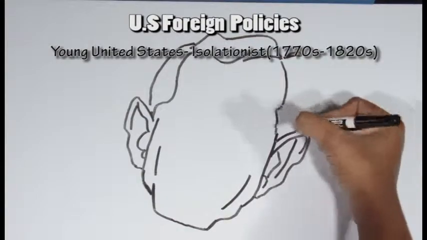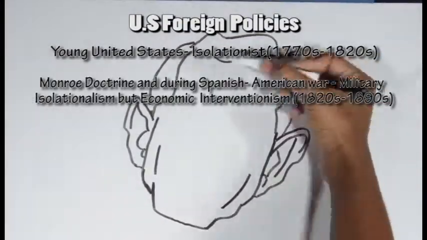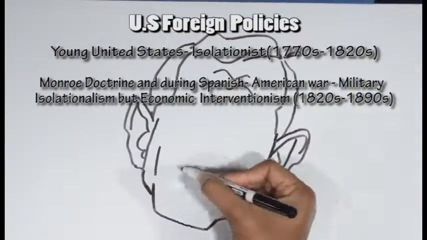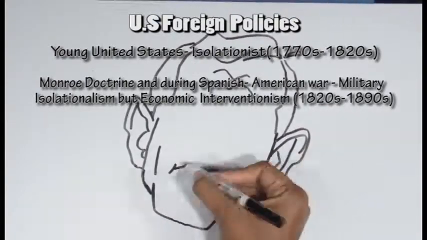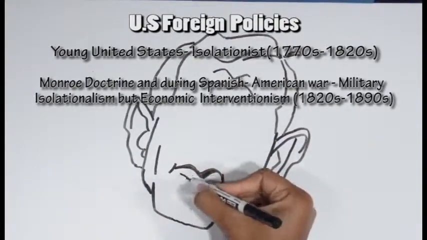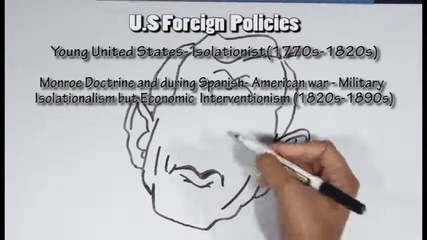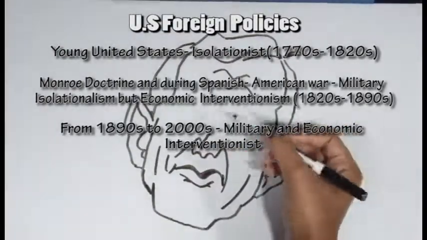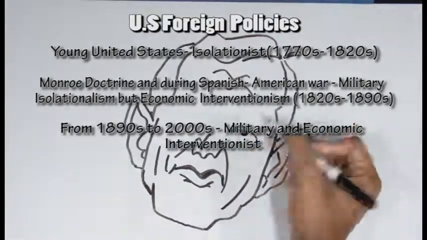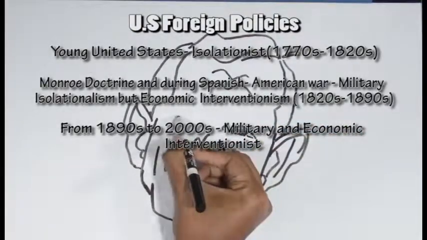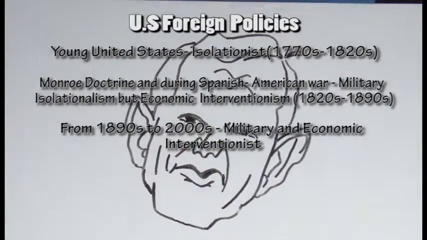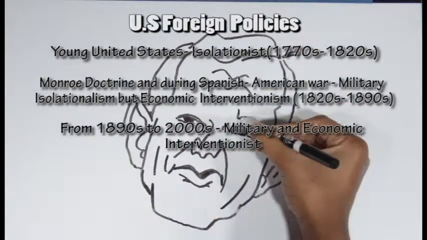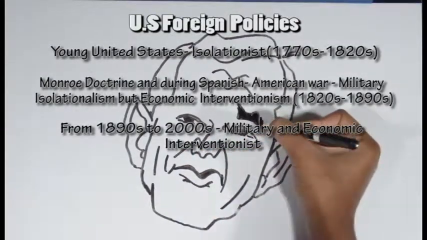And then after that, from the 1820s to the 1890s, we changed to a policy of military isolationism, but economic interventionism. And then once again, we changed following the 1890s and held this policy up until the 2000s. It was actually a policy of military and economic interventionism. And that included everything from World War I to World War II and the fall of communism up until today,